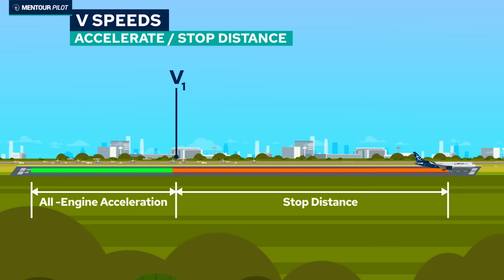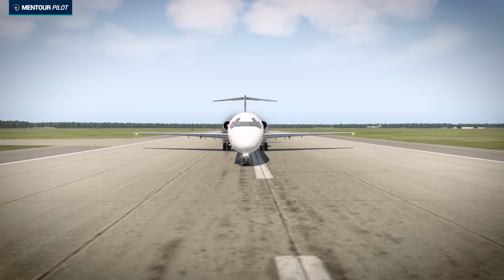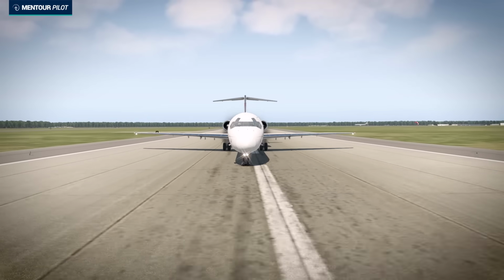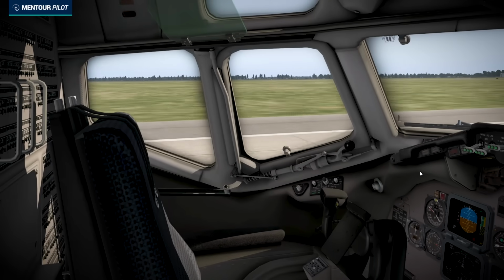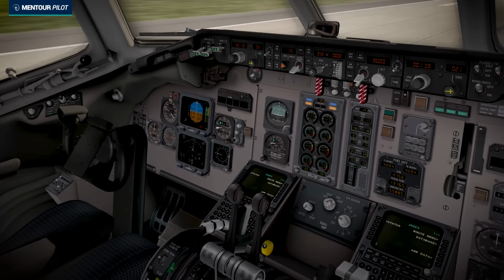This is now 12 seconds later, which means that the aircraft has accelerated up to a speed of about 173 knots. And while it's accelerating, it's also eating up precious runway needed to stop. So as the captain is now starting his rejected takeoff maneuver, the check airman realizes that the maneuver has already been started. And even though he was initially reaching for the flight controls, he now continues to do his part